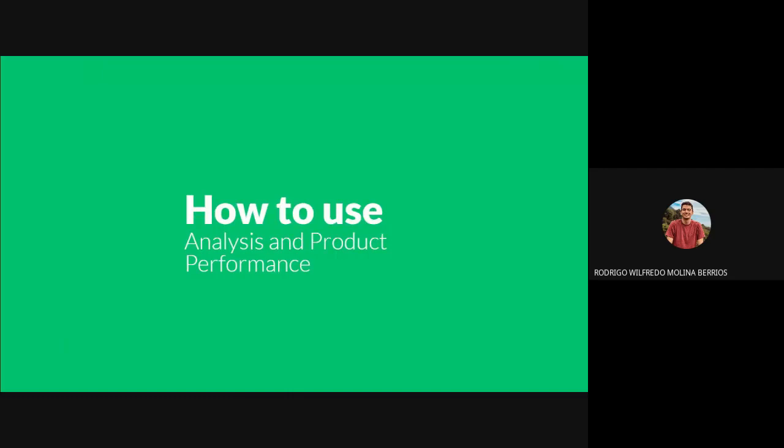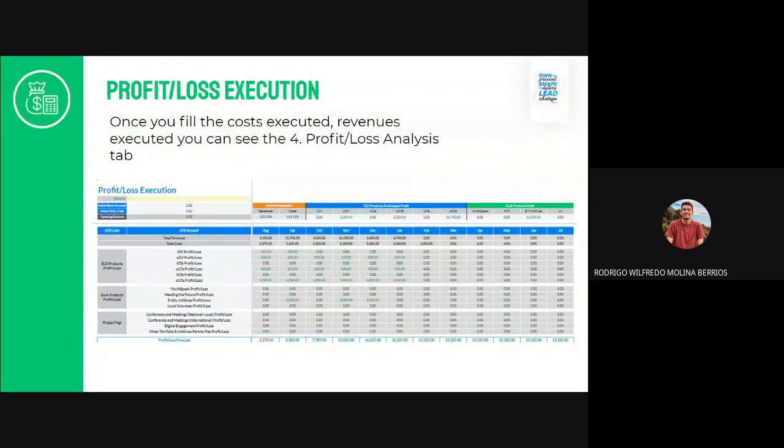And after having all this information, how do we use it? Or how do we make the analysis of our entity and the state and the products? Well, for this, we can go to the profit and loss execution. Once we fill out the revenues and the costs and the balance sheet, then this profit and loss execution will